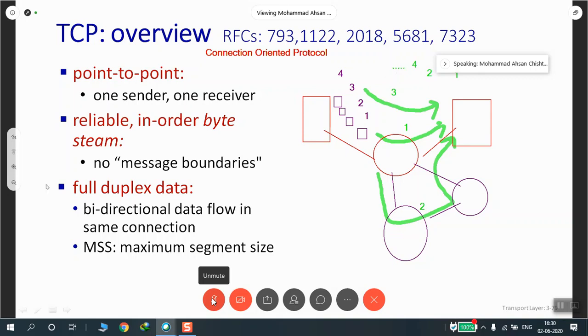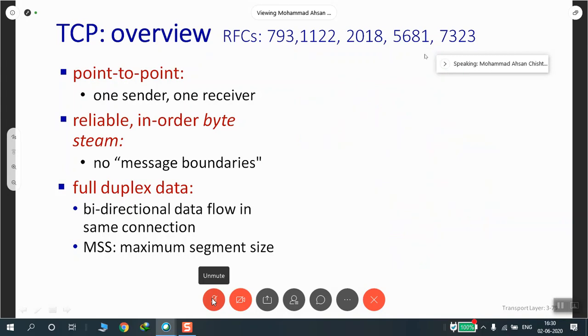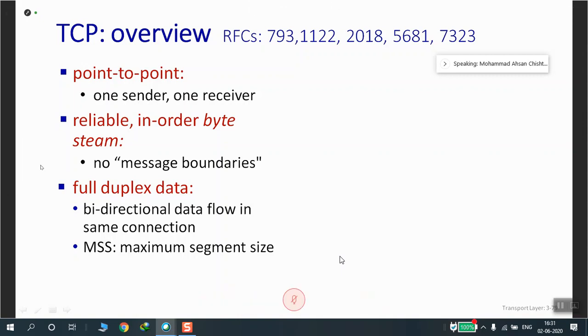What do we see here? We see that the delivery of packets was not in sequence. It means that it was unordered delivery. Why? Because 3 came before 2. And then what was to be done by the transport layer at the receiving end? It had to order them. It had to put them back one by one.